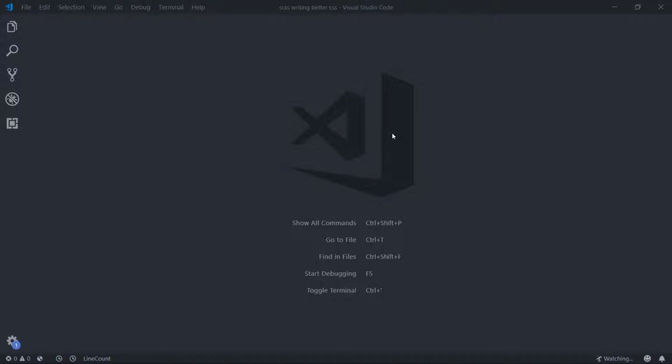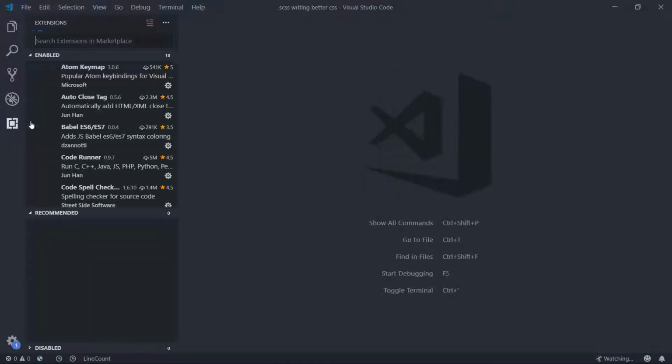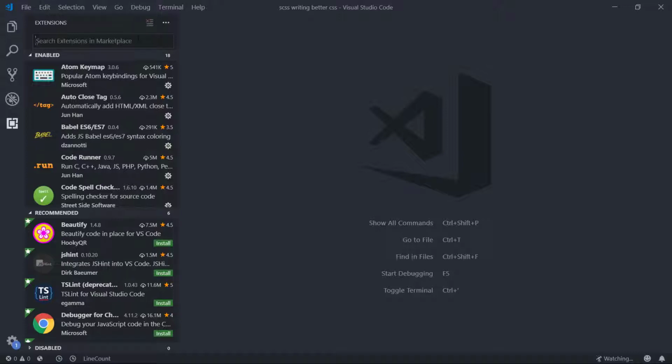There are lots of different ways that we can set up SCSS, but the easiest is just to use Visual Studio Code because there is an extension that lets us set up everything really quickly. So in Visual Studio Code, come to the left hand side and we're going to click on the Extensions tab and we're going to search for Live Sass Compiler,